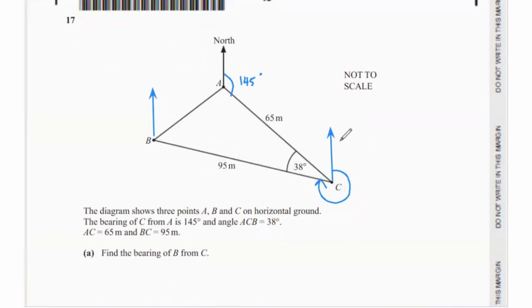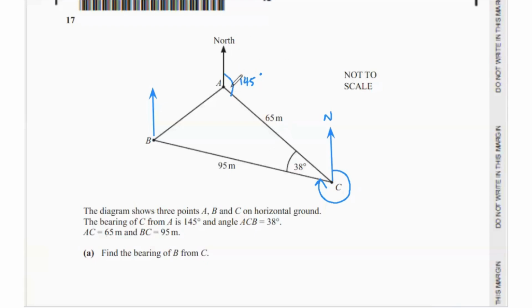In bearing, you always measure the bearing from the north in clockwise direction towards the line that connects both the points that we're talking about. Over here, it's point B and C. This is the north of C, going in clockwise direction towards the line that connects B and C. And if it says find the bearing of B from C, so you measure the bearing from point C, not from point B. So now that we've established what we're trying to find,